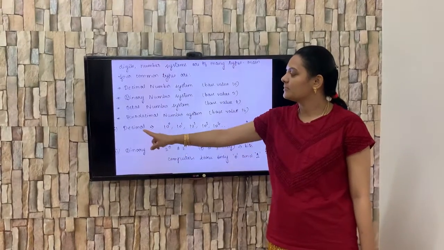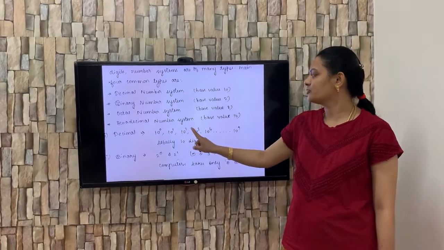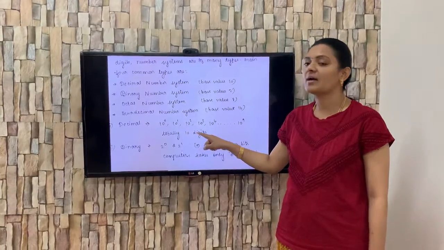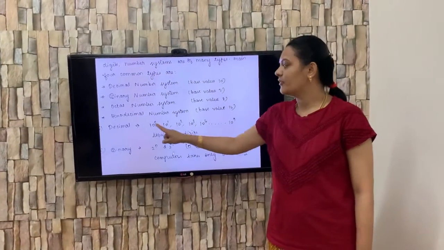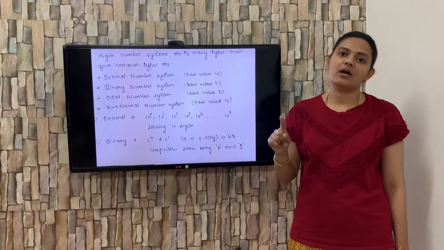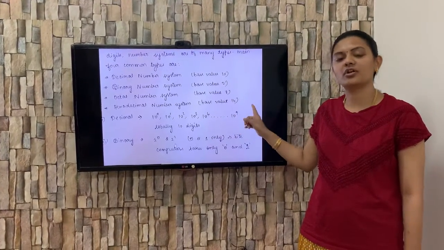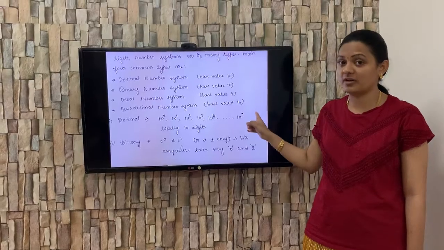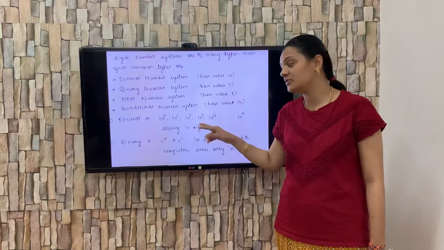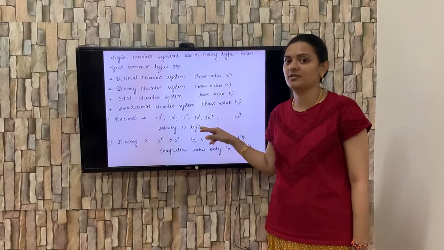As I told you before, decimal system is nothing but 10 to the power of 0, 10 to the power of 1, 10 to the power of 2, 10 to the power of 3, and so on. And it will have totally 10 digits. Digits here I am mentioning about the place value. We have to take into account from 0 to 9. So if we count from 0 to 9, it will come up to 10. Only up to 9 you can write, not more than that. You cannot write 10 to the power of 10 or 10 to the power of 11, like that. So totally 10 digits. Again I am telling you, digits here I am representing only the place value, no other things.